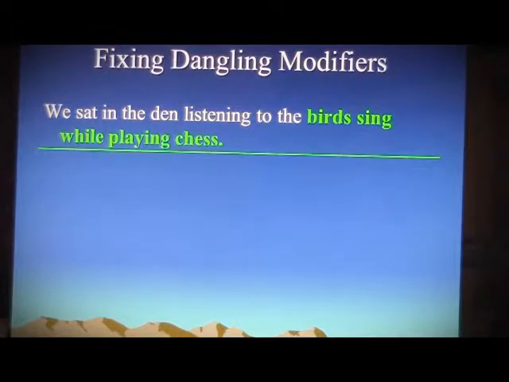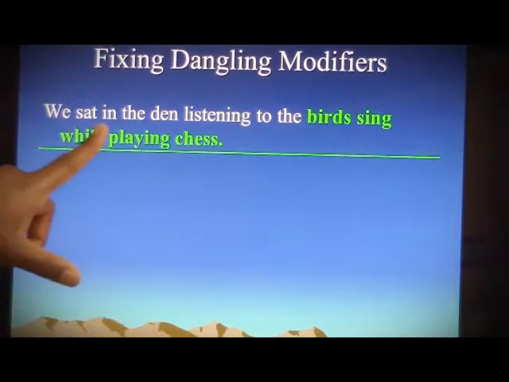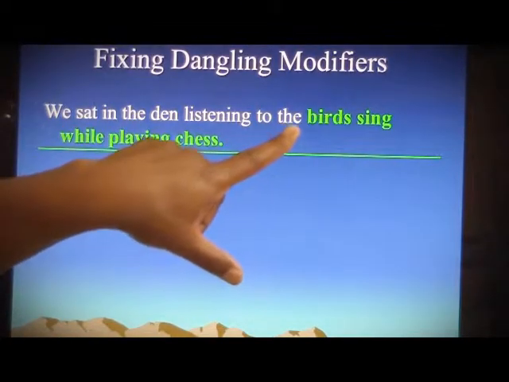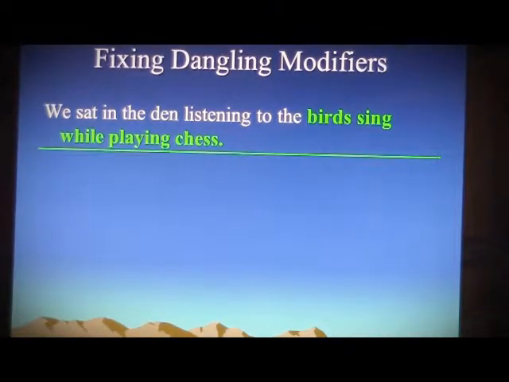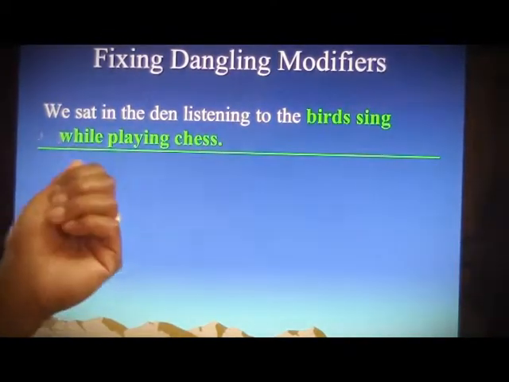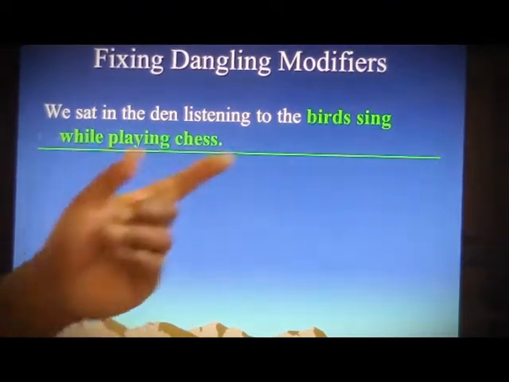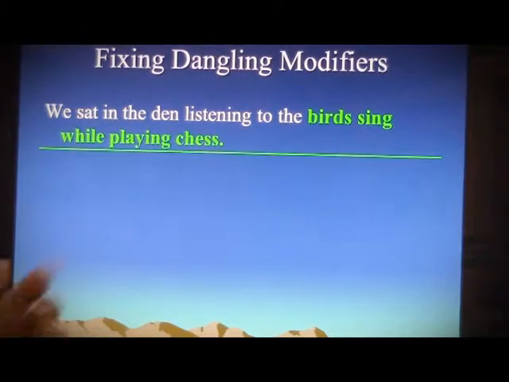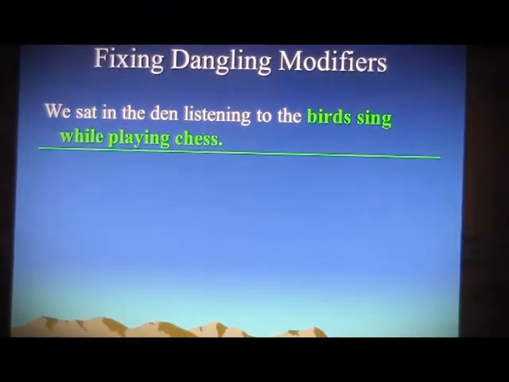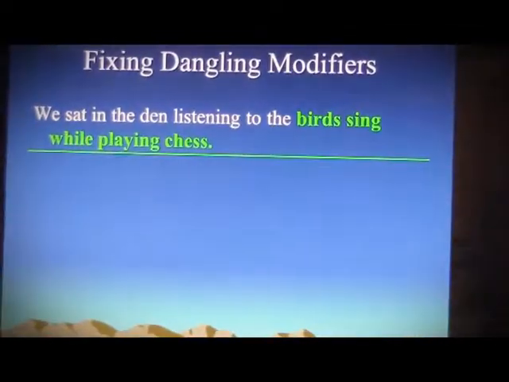Let's do some examples. Let's fix this. We sat in the den listening to the birds sing while playing chess. Wait a minute. The birds were singing while playing chess? Those are some impressive birds. No. We were the ones playing chess. The birds were singing. Okay? But it's tricky and it's hard because your mind makes it right. Your mind makes it right, but you've got to read it very carefully and very specifically and make sure you're